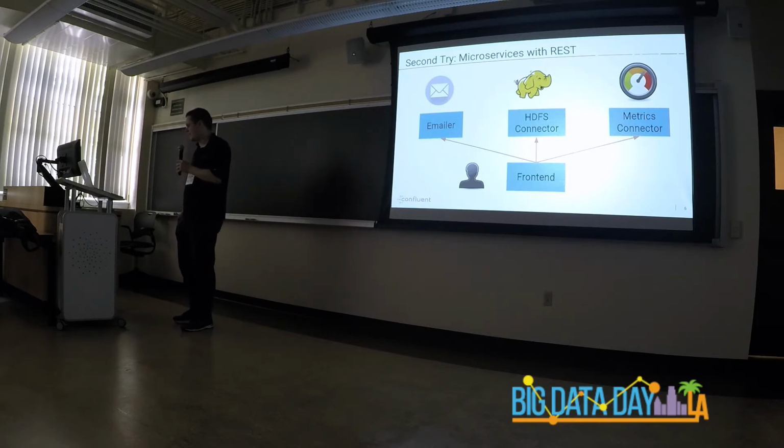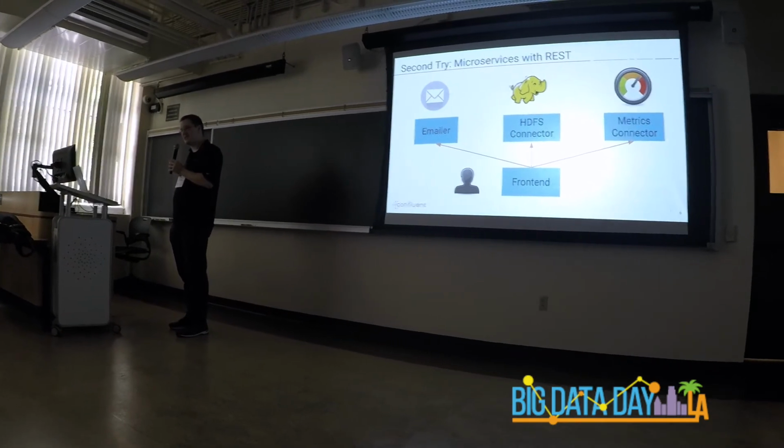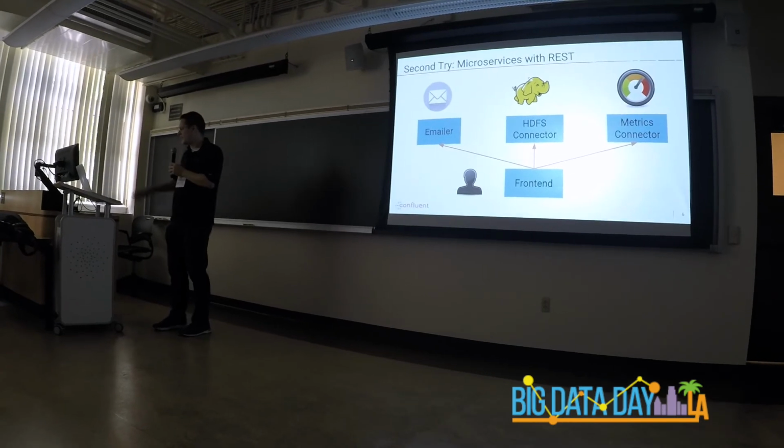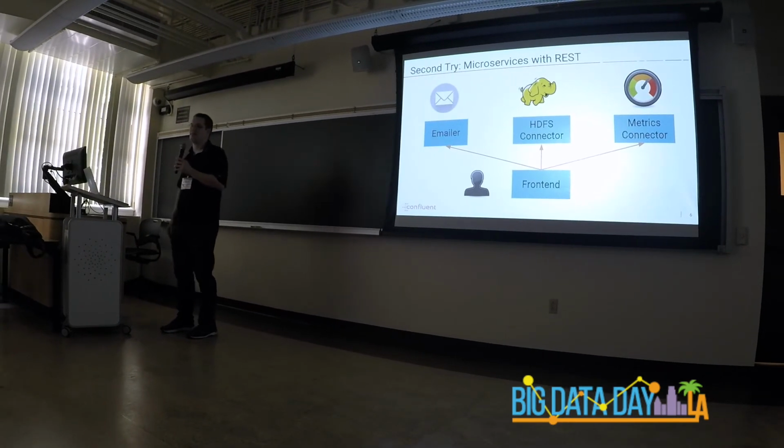And similarly, if we have an out-of-memory error in metrics, well, that really only affects metrics. It doesn't affect everything else. Or does it? The problem is that because we're making these REST requests, we have to wait for them to complete. And that turns out to be a problem in some contexts. For example, if the emailer is having really high latency for accepting new requests, that's going to be reflected in slowness in the front end, because the front end is waiting for this thing to say, yes, I finished the REST request. Or at least it's waiting for it to finish the REST request itself.